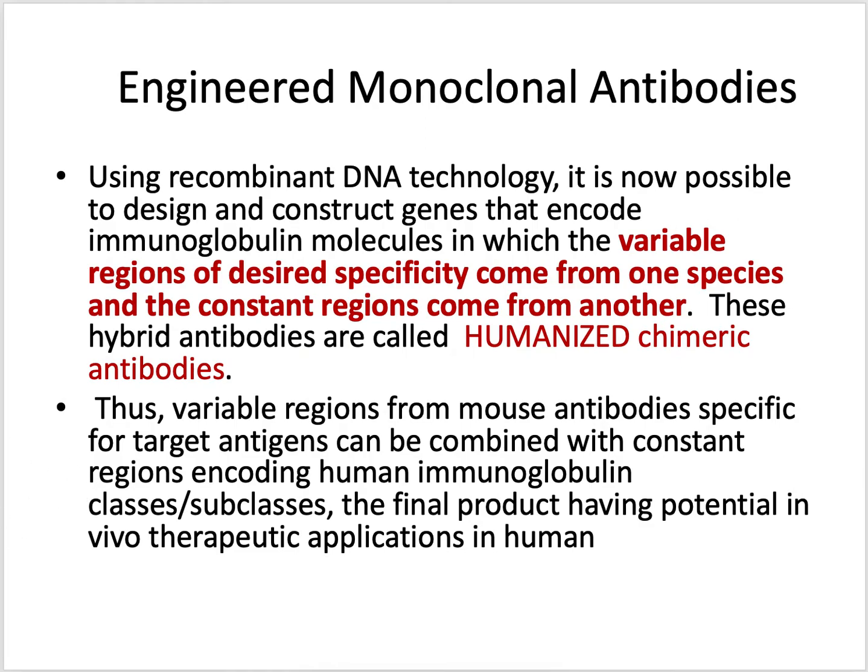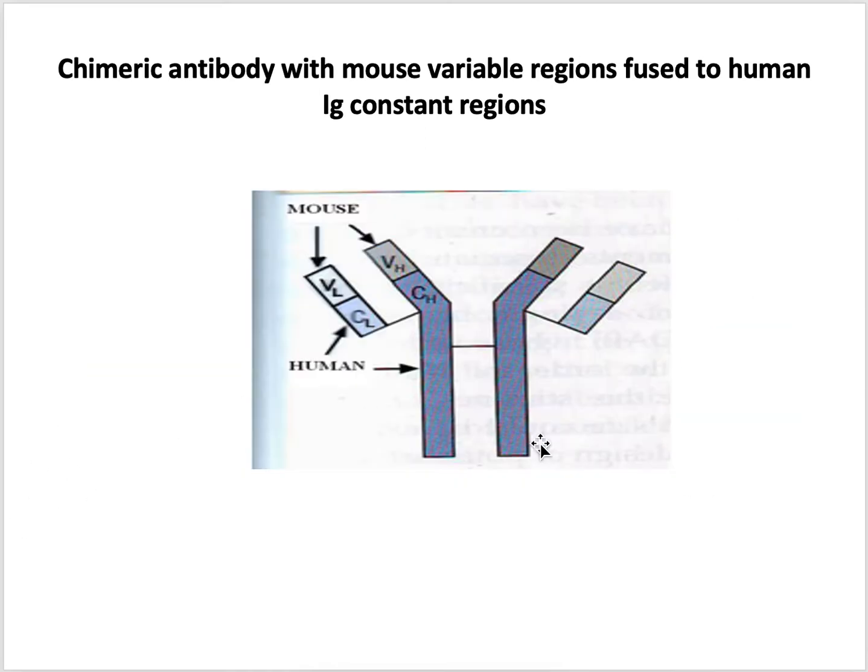Okay, so what is the benefit of this technology? By using these techniques, we can produce different types of antibodies which are specific for different antigens. Say, for example, we want to produce therapeutic human antibodies. Say we want to use the antibody to treat human disease, so what we can do, we